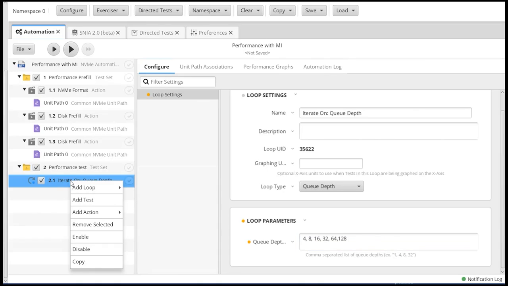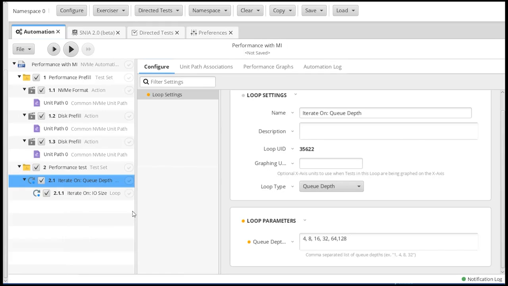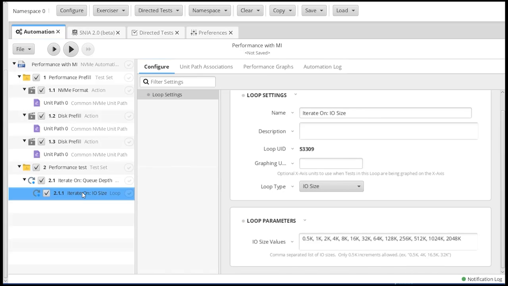Now I may want to have a sub loop here, and to do that I'm going to take my sub loop and make it I/O size. And notice when I do that, I create the loop with the upper loop highlighted so that the next loop is indented. If these are in parallel alignment, then you will have a problem. You need them to be indented, as you see here. And I can go in here and go ahead and now set my I/O sizes that I want to do, and I'll edit this and take out a number of different I/O sizes.